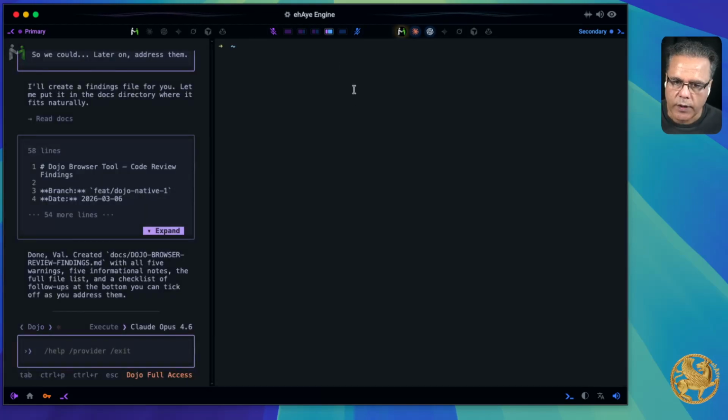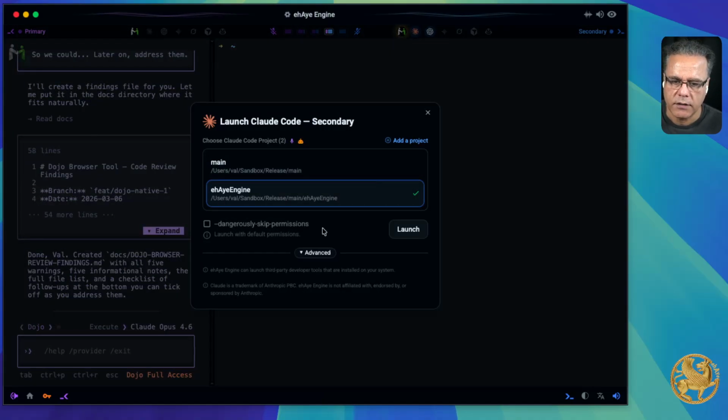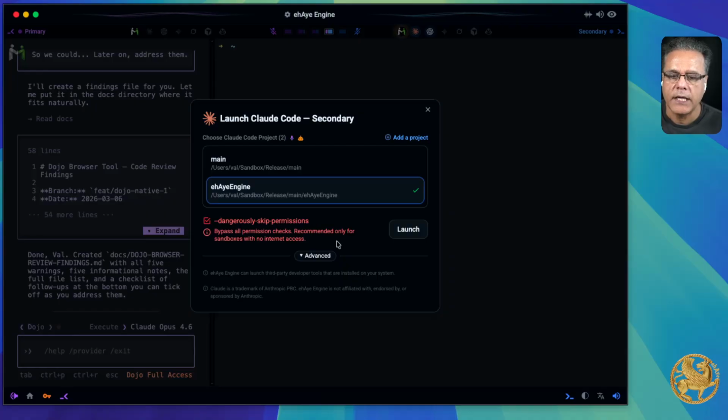Unfortunately, Claude Code went into a reboot. It could be my code, guys. Do not blame Claude Code because it's running inside my shell. To run Claude Code is really easy. You just pick the folder, the repository. I give it the permission to skip, YOLO mode, skip dangerously. I just pass it.